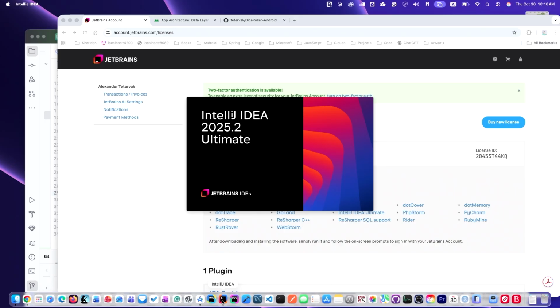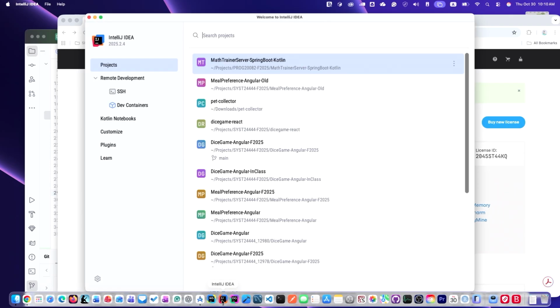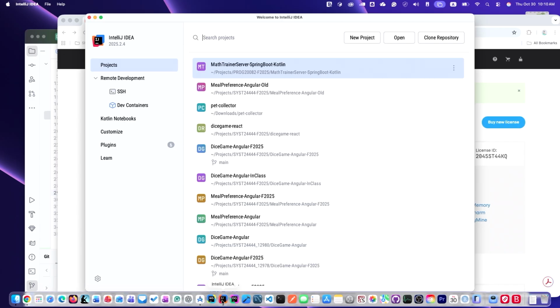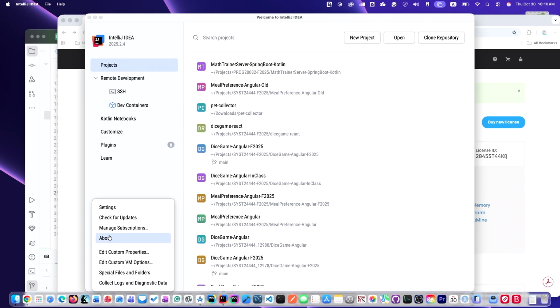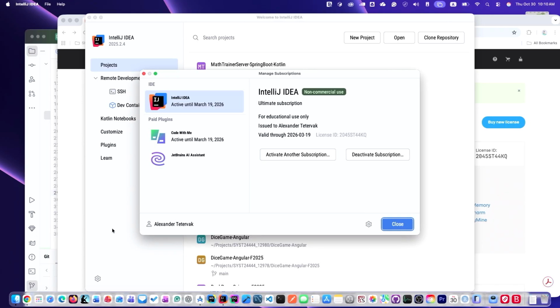So let me try to show that. Okay. So when you open IntelliJ first time, you will not see list of the products here, previous projects. You will see these options, and it will be something like manage subscription. You go with manage subscriptions. When you run it first time, click here and manage subscriptions. It will take you